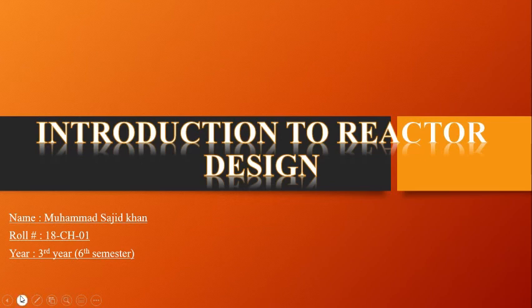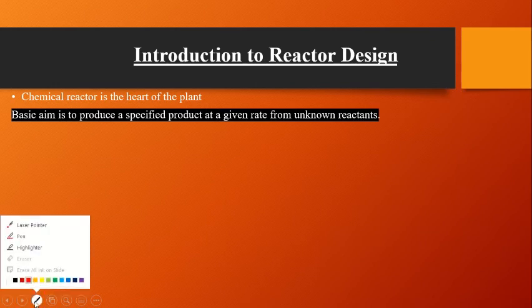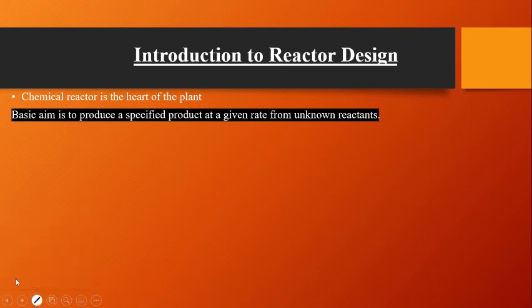What do you mean by chemical reactor in any chemical process industries? A chemical reactor is basically the heart of any chemical processing plant. Without a chemical reactor we don't develop any chemical reactions. In a chemical reactor we need to develop different desired products at a specific rate by reacting an unknown